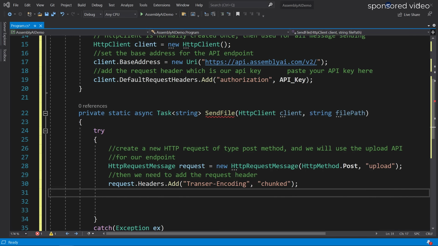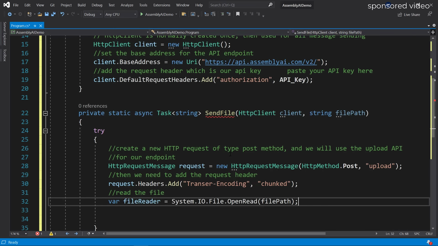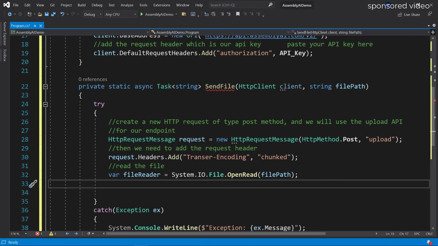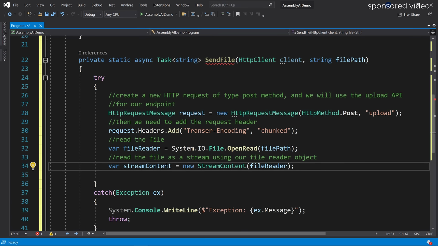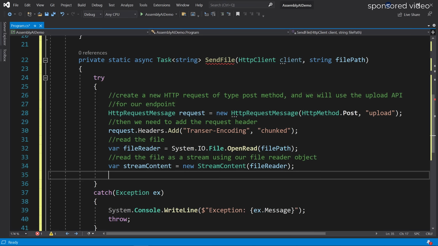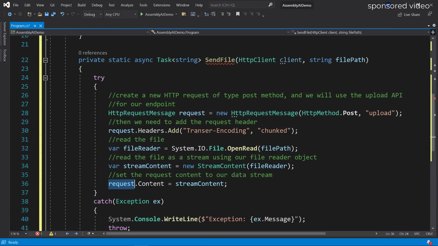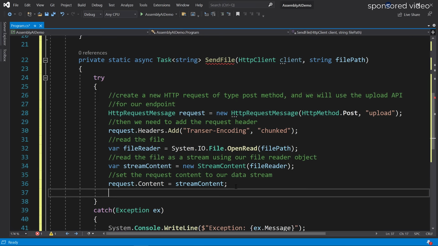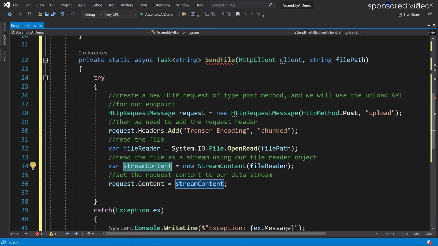Next, we need to read the file, and I'm just going to read my file path that is passed to our SendFile method. And then we can read that file as a stream using our file reader object. Here, stream content, we're creating a new stream content object passing the file reader. And then we can set the request contents to our data stream using request.content, passing our stream content that we